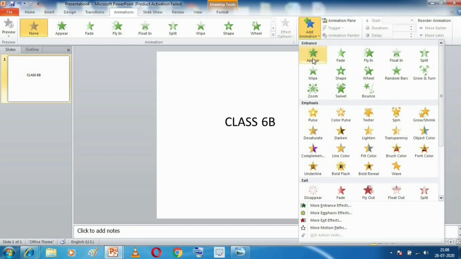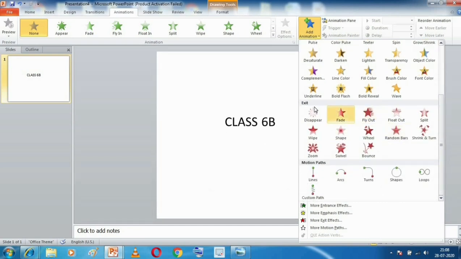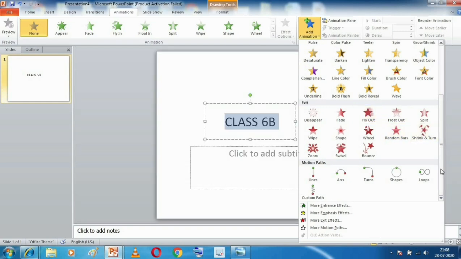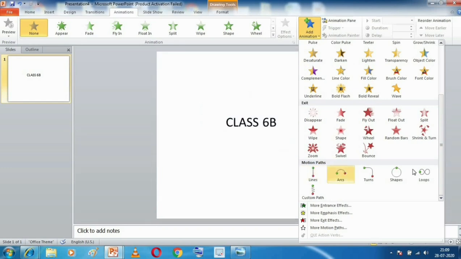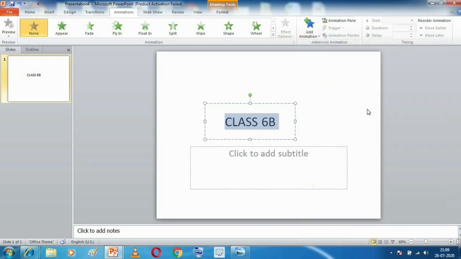Entrance is shown in green color. The third type is the exit type of animation, which are shown in this maroonish color or red color, you can call it. And the fourth type of animation is called the motion paths. So these are the motion paths. So I'll show you what these animations do.